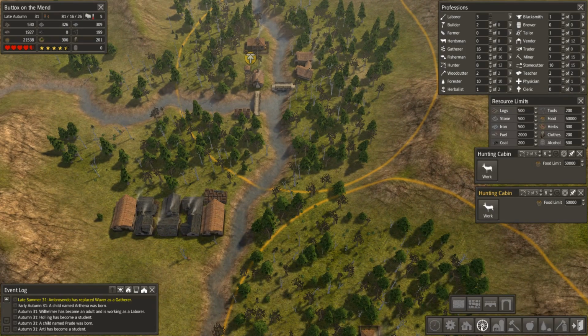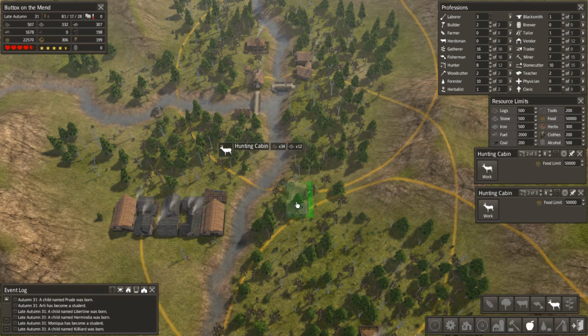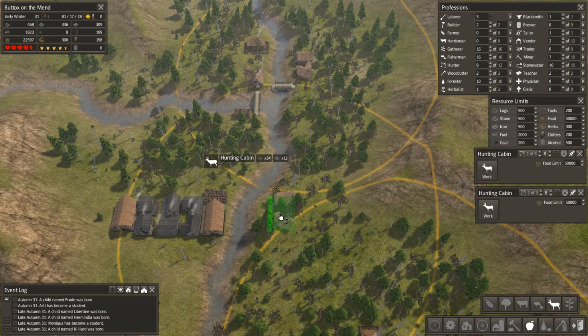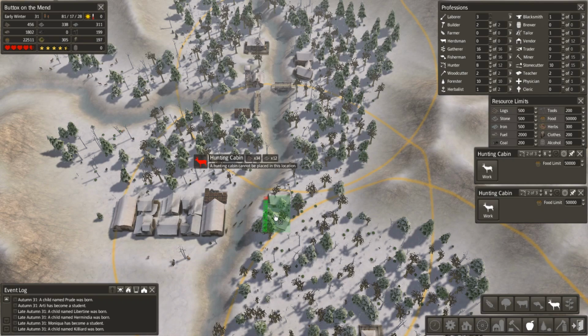So going to do a couple of things. Going to put in a bridge, use the bridge tool, much better idea. Let's put a bridge there, and then we'll put in a hunter. Now this is going to be interesting to see, does this work, does this not work, how does it affect the production. This is going to be kind of an interesting exercise. Let's put him